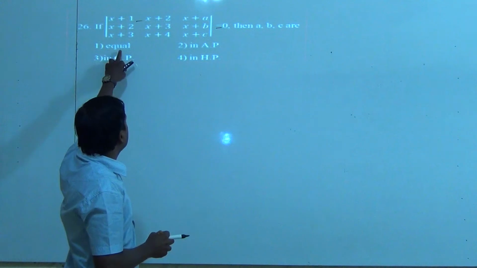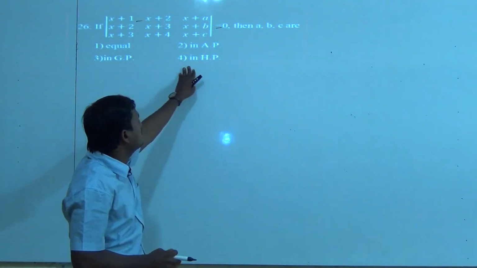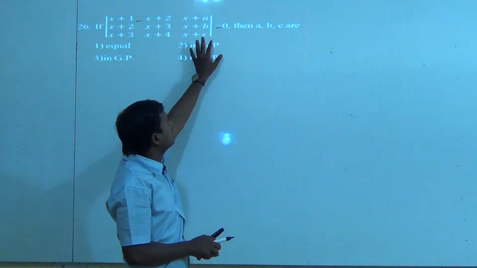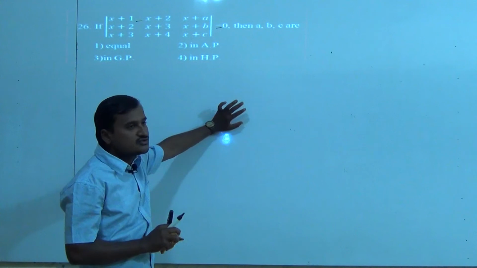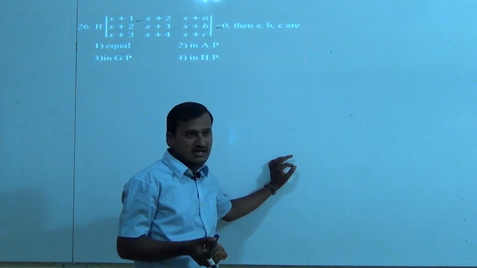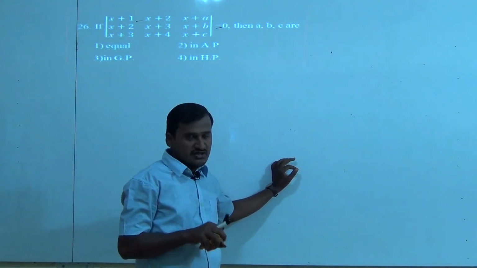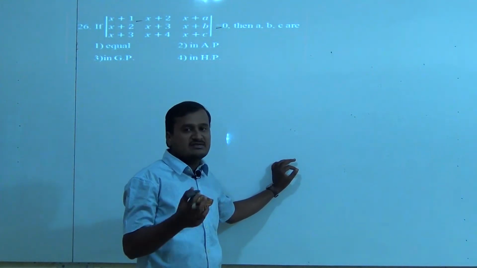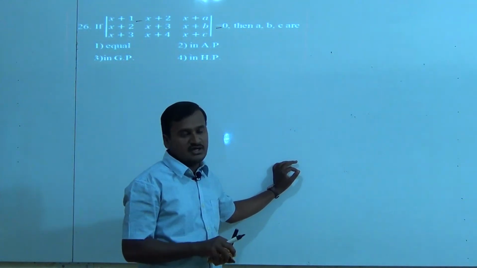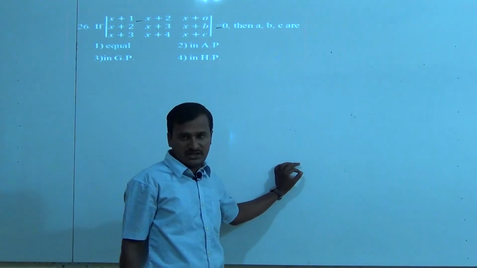Are they equal, are they in AP, GP, or HP? To find such type of determinant, first we should apply elementary row or column operations so that you get the maximum number of zeros in any row or column,